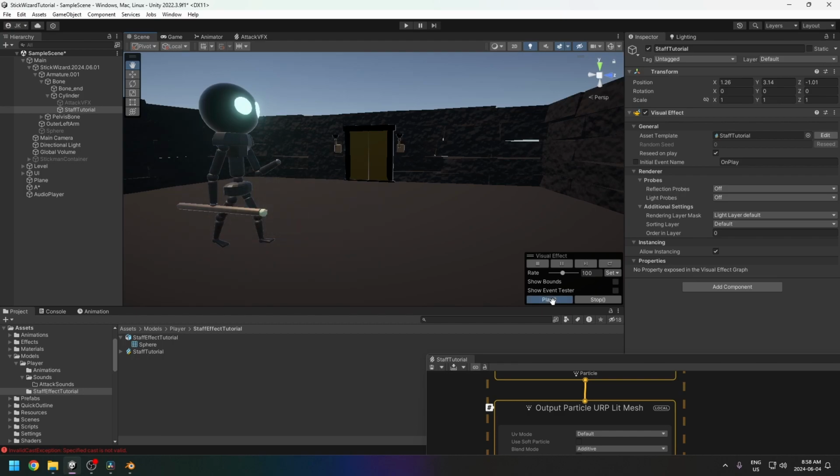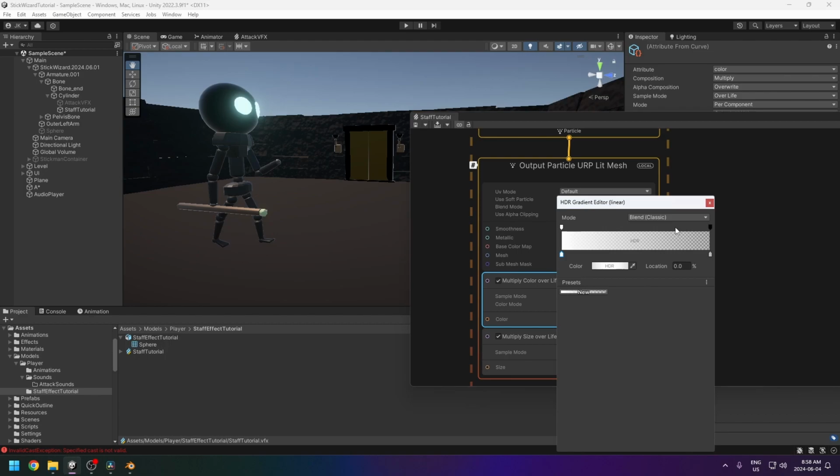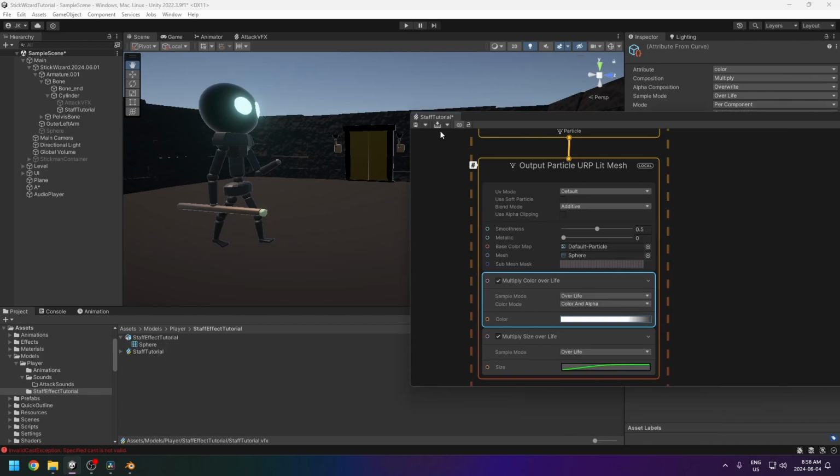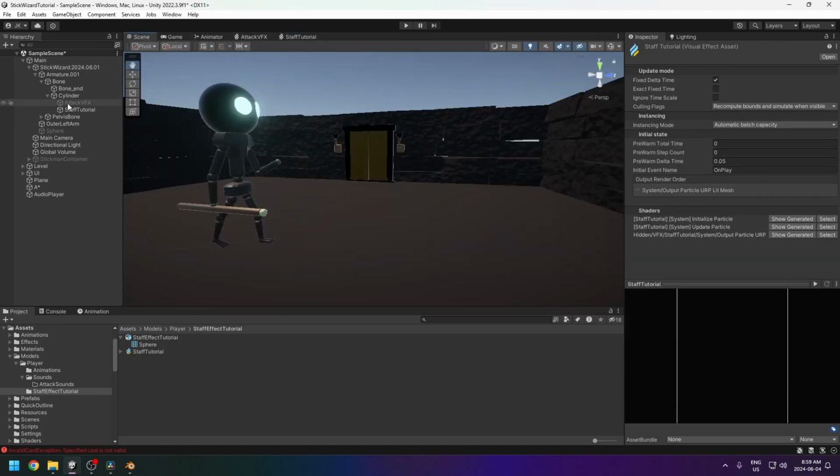And you could also make it flash at the end if you want to, or you can make it dissipate a little bit. So it could go full alpha all the way to here and then blend to 0 at the very end if you want to. Yeah, so that's pretty much it for the effect. So then in order to play this, let's just dock this at the top here. So in order to play this, what you need to do is inside of your player attack script,